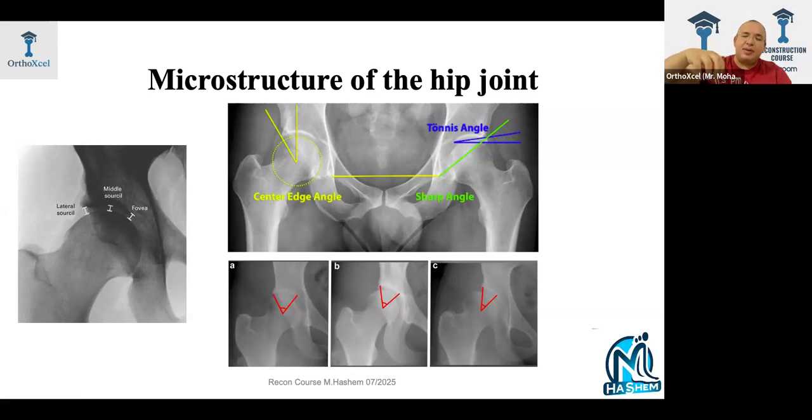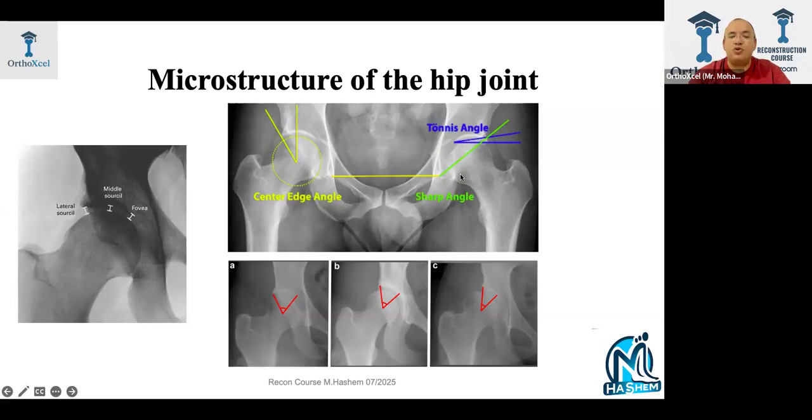So stresses, which is the body weight, is the same. The more you increase the surface area, the more you reduce the stresses over the area, or the forces over the area. So body weight forces is coming this way. If you have enough coverage from the acetabular sourcil, you have enough area of weight bearing in the femur, you are spreading the weight over a large surface area, you're reducing the contact stresses,